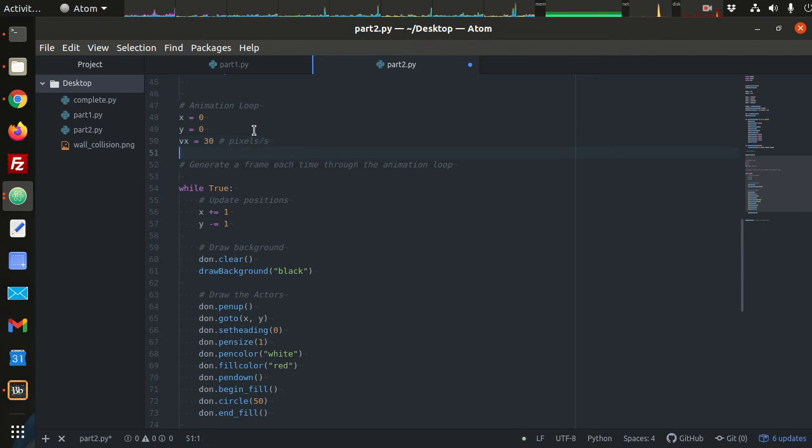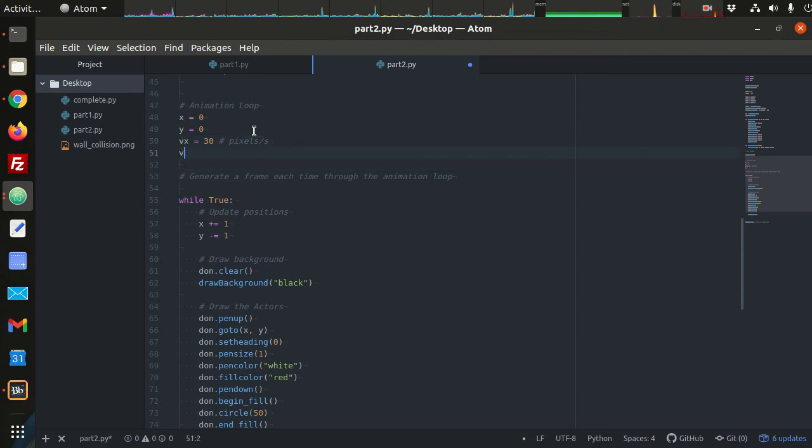All right, so again, this is Vx, velocity in the x direction. So here we're going to have Vy, which is velocity in the y direction. And this could be anything as well. We might say that this is positive 50, something like that. All right, and so basically the way this works is we have to calculate how much time passed since the